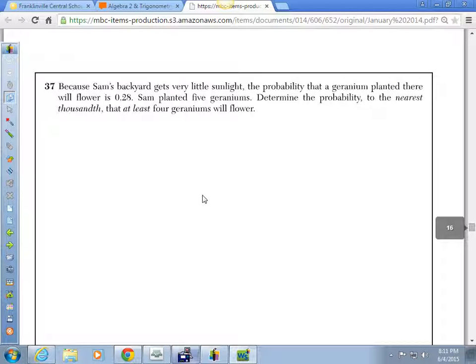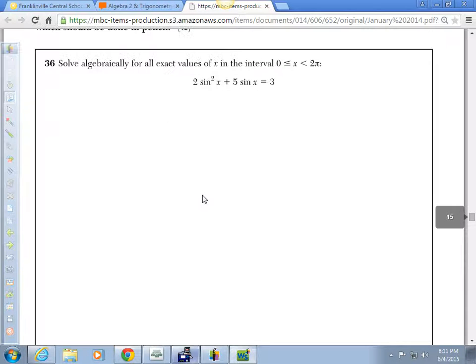Probability, let's do this one first. Let's do 36 first, and then I'll come back to 37. We kind of talked about a trig equation on the last exam, right? And I said, cross your fingers that it's in part 1 or part 2. Well, here it's in part 3,